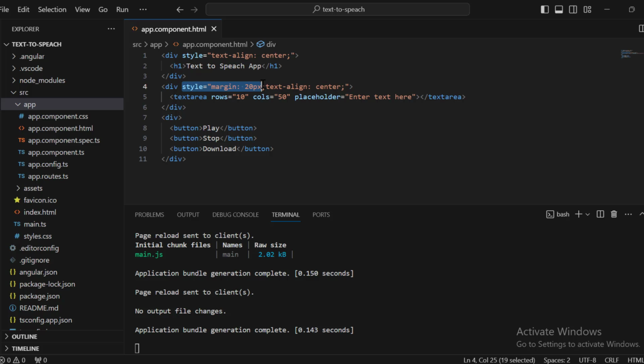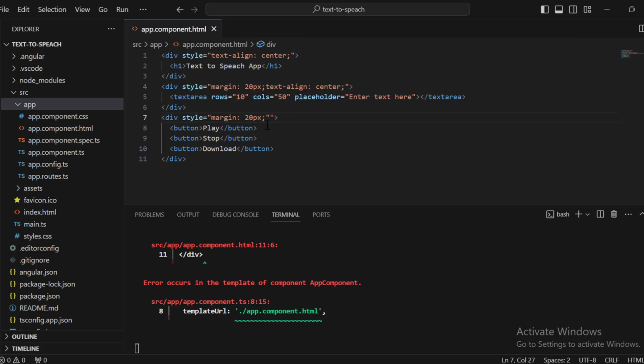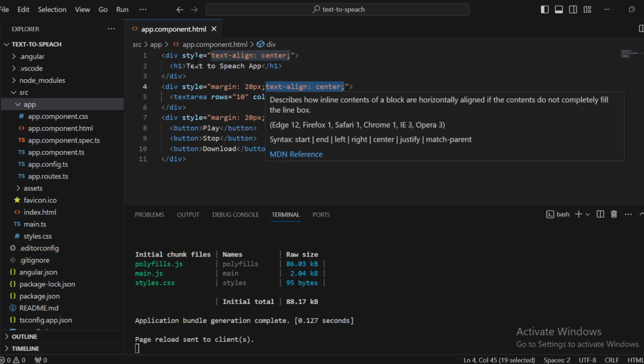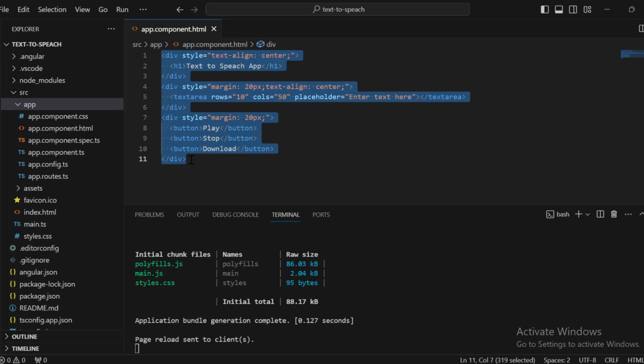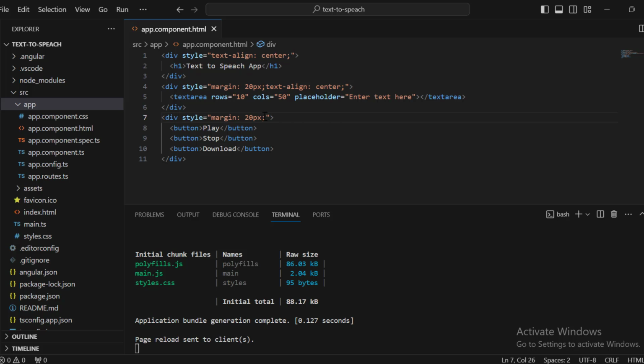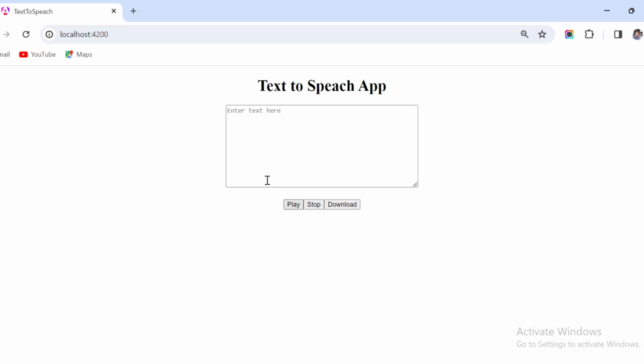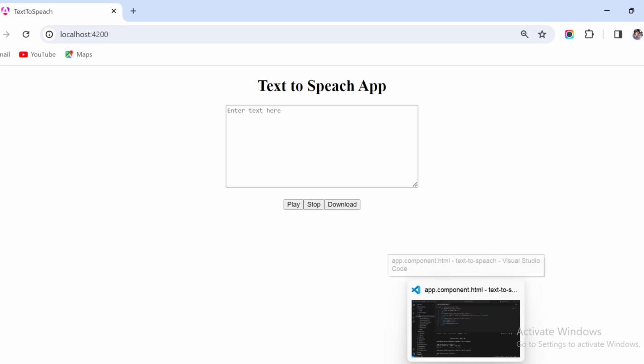And I can also copy the same style, so it should be 20 pixel margin. And if you see this text align, we need to write it every time, so we can combine all these in another div, a parent div, and we can add this one. So I'm not focusing more on the CSS part, I just need to show you how we can use the text to speech thing. And now if I go here again, you can see we have these three buttons created: play, stop, and download. And the next thing that we need to do is we have to add,